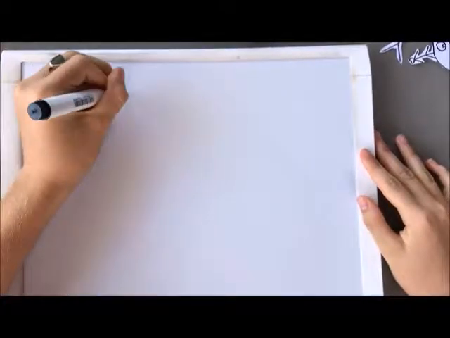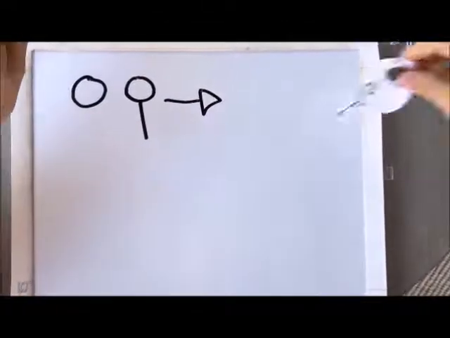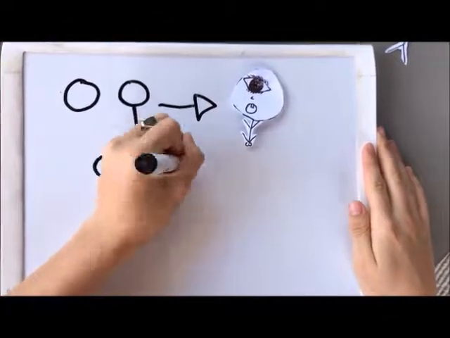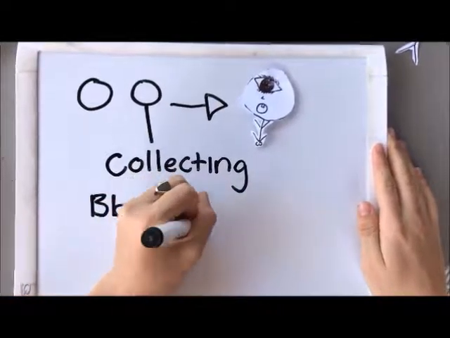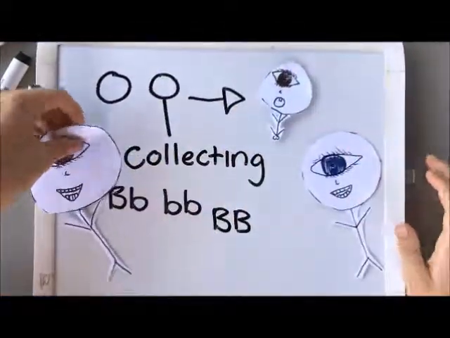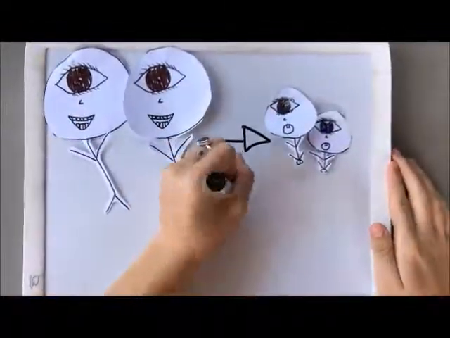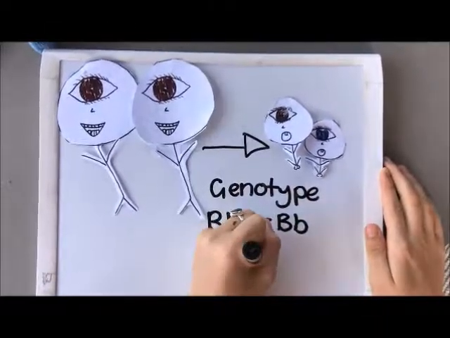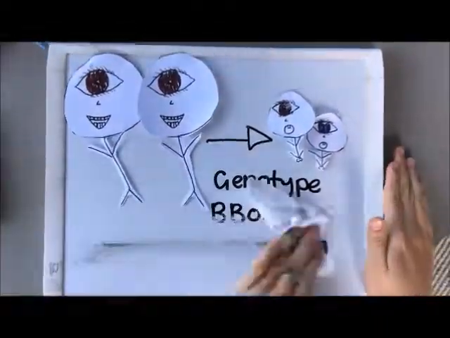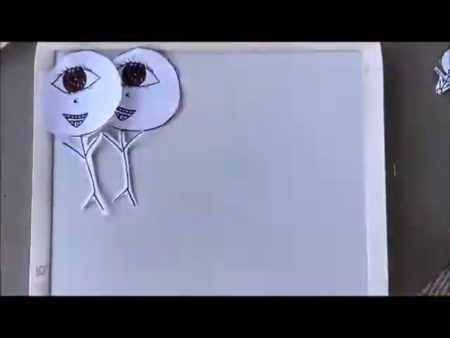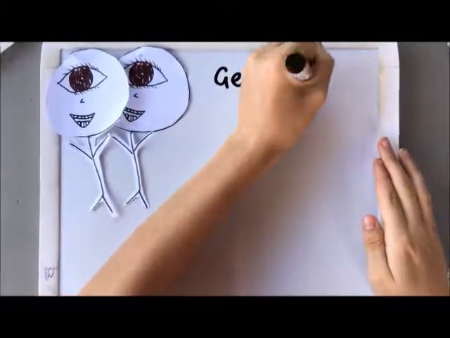In the process of the organism forming, it is collecting genetic information from 2 parents, forming genotypes and phenotypes. A genotype is the unique genetic makeup of an individual which may influence their physical appearance, which is their phenotype. For example, 2 parents with brown eyes want a child. Their genotype for brown eyes would be big B big B or big B little b depending on their parents. These Punnett square examples determine the offspring's physical appearance for their eyes.